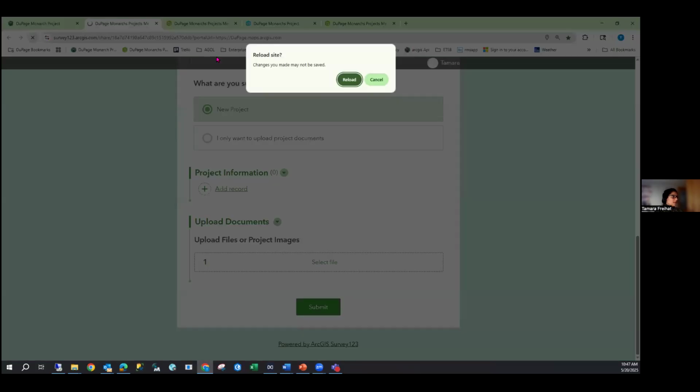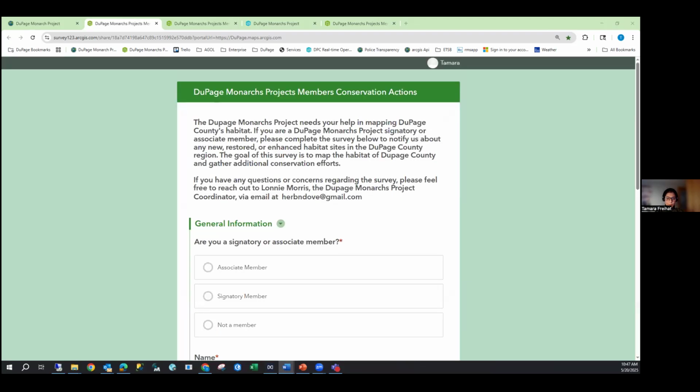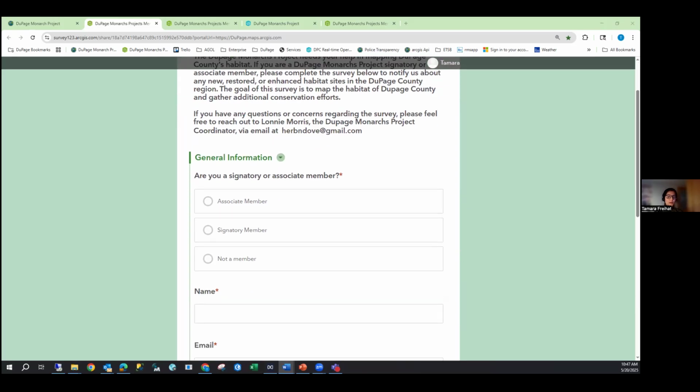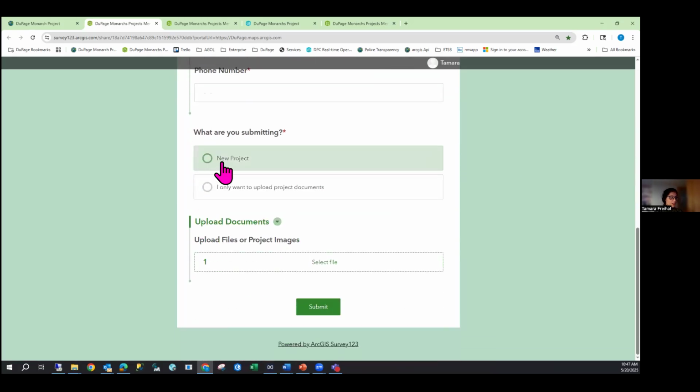I'll reload this survey so we can delete everything we added. The second case I mentioned when I started this webinar is that you can submit a new project with the project information, but some of you have these projects already mapped. You have ArcGIS Pro or ArcMap. You have a shapefile that contains all of these polygons for these sites, and you do want to go over,